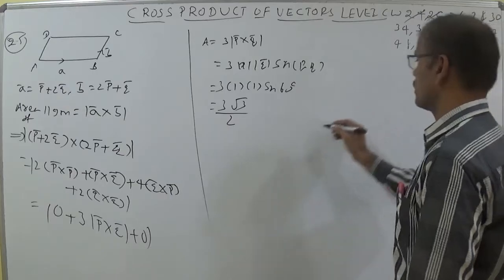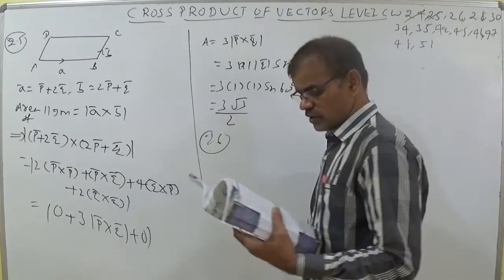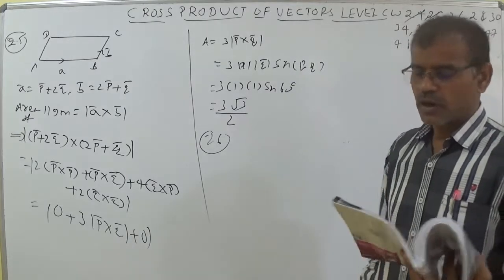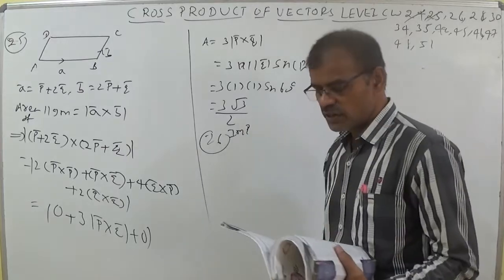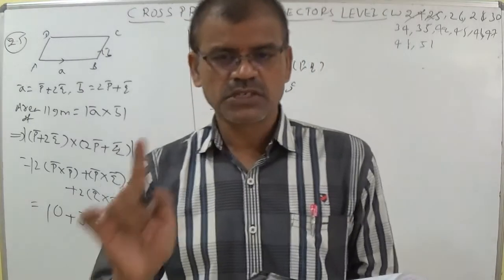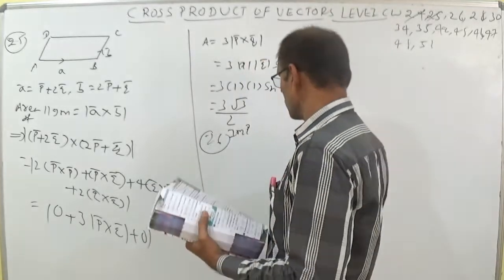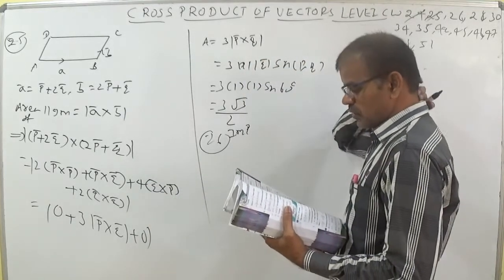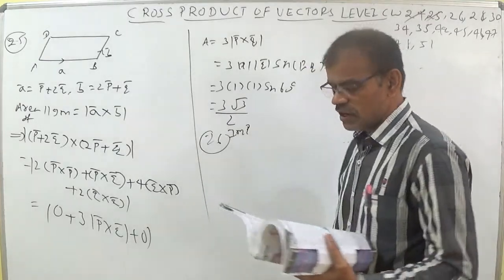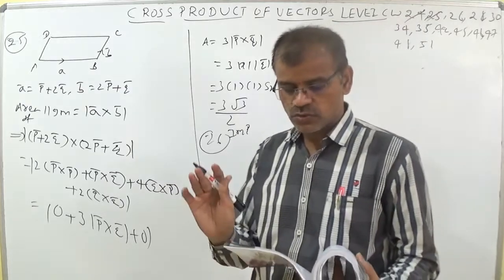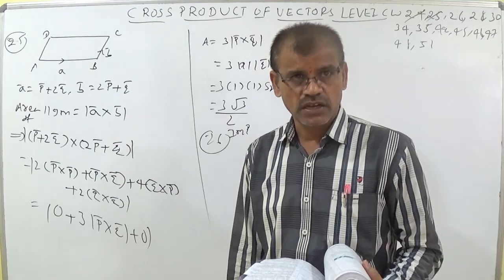24, 25 completed. Let us discuss question 26. The area of parallelogram. This is important. I know that this is an MSET question, given plenty of times in MSET, and in mains, 2012. In 2012 we got this question. The area of a parallelogram whose adjacent sides are 3i minus 4j plus lambda k and 2j minus 4k. The area he has given as root 436, and the condition is lambda is greater than or equal to 0.